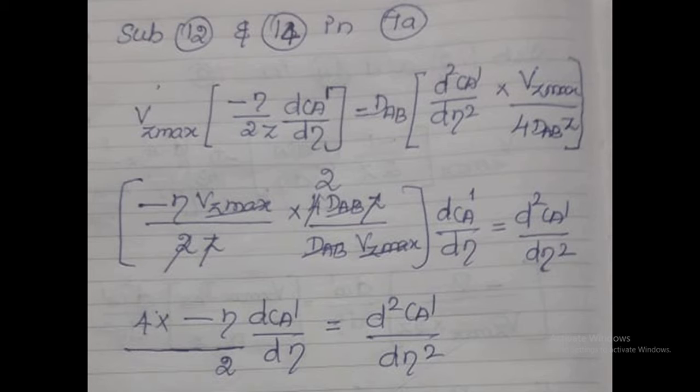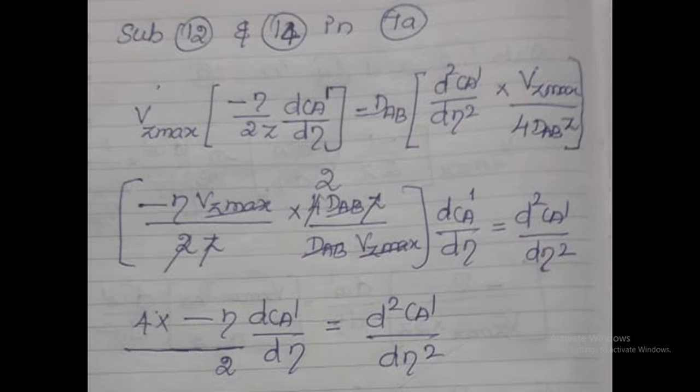Substitute 12 and 14 in the 7a expression. Vz max into minus eta by 2z, dCA dash by d eta is equal to DAB into d squared CA dash by d eta square into Vz max by 4 into DAB z. So all the constant values come to one side. Finally we get